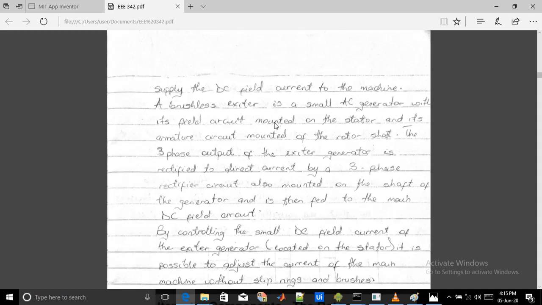The reason is that the rectifying circuit stated here